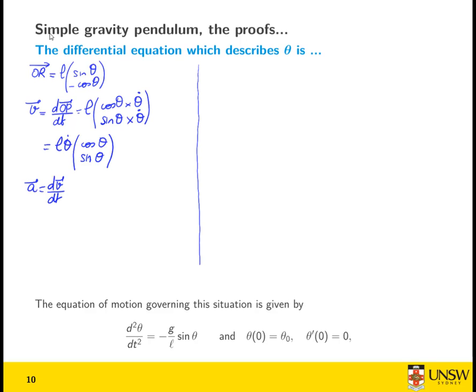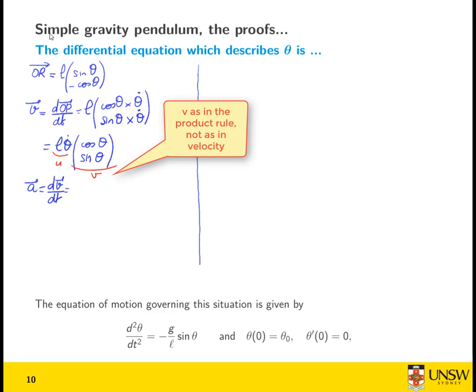Now, in order to get the acceleration, I'm going to differentiate the velocity with respect to time. So L is a constant, so I don't need to worry about it. But here, this depends on time, and that depends on time. So I will be using the product rule. So that's going to be my U, and that's going to be my V. So U dash is L theta double dot, so U dash V